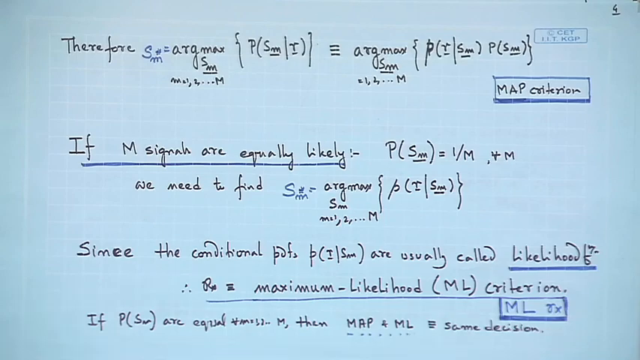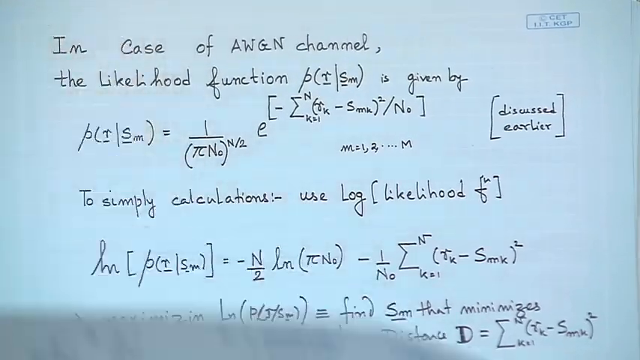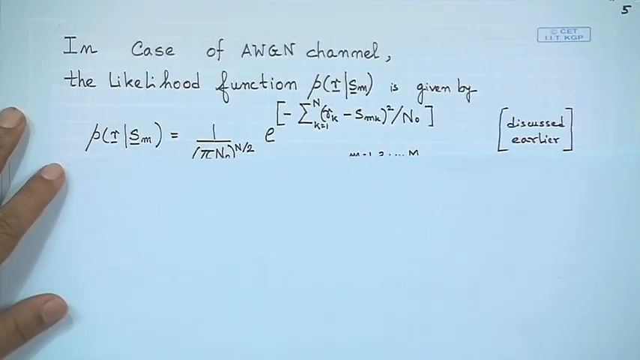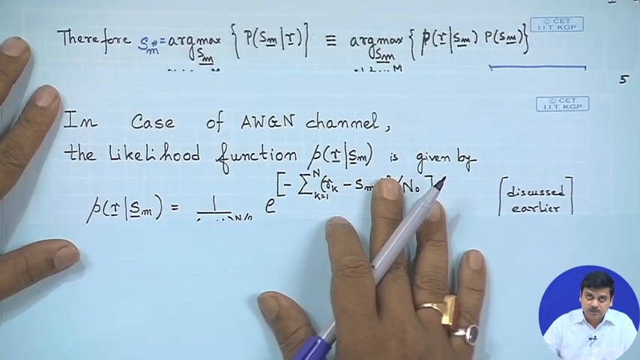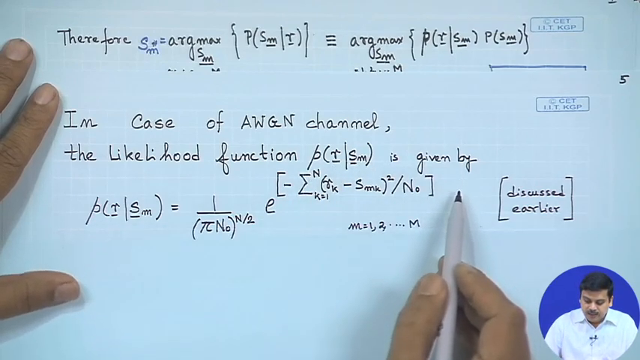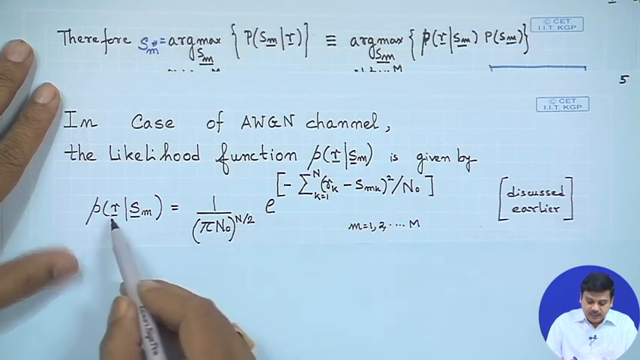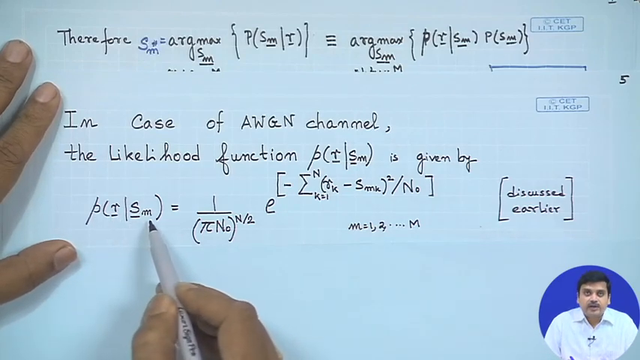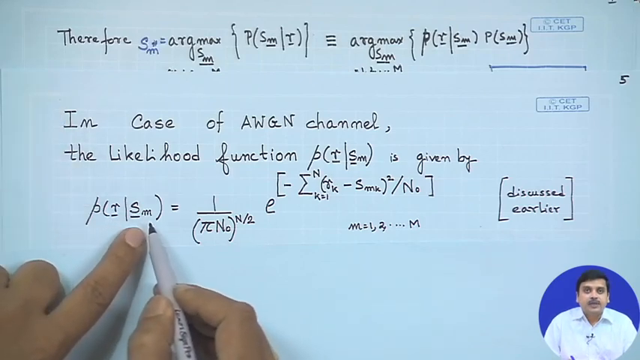So, with this we proceed with our discussion about the ML receiver. We have been discussing the AWGN channel, so let us continue with this. In case of AWGN channel, I have opened this part because we have P of R given Sm. The likelihood function P of R given Sm is given by this expression which you have seen before. The slight change that you might see is we are using P of vector R given vector Sm. Now, this consists of P of R k given Sm k, that is what we had seen before,